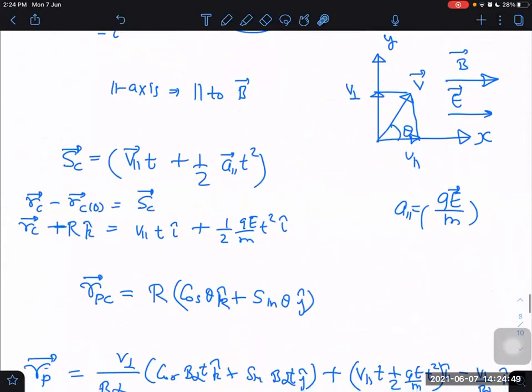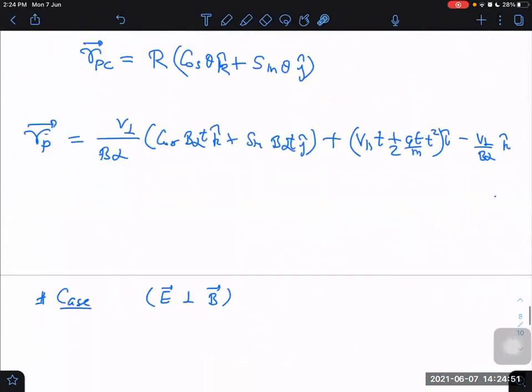Okay, what will be the shape? Anyway, the shape I did not discuss. The shape will be something like this. Not equal spacing, sir. Distance will increase. Means variable pitch. Pitch will keep on increasing.